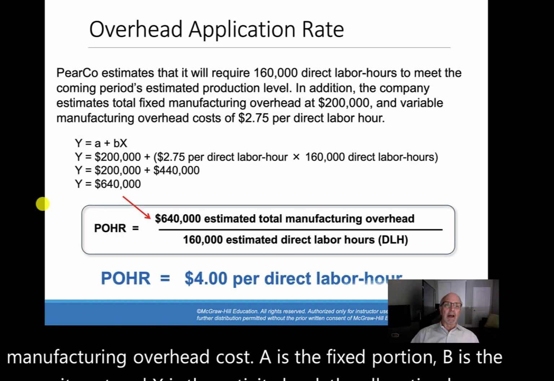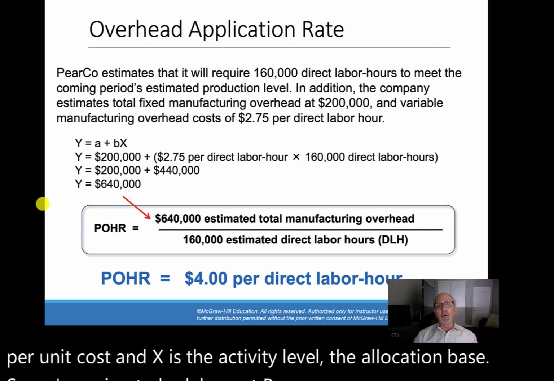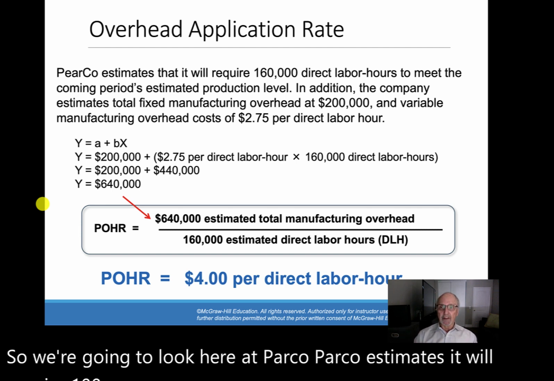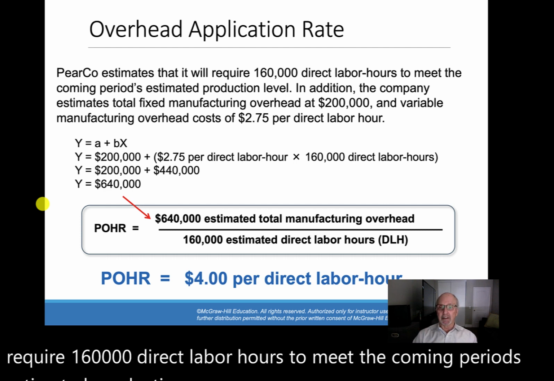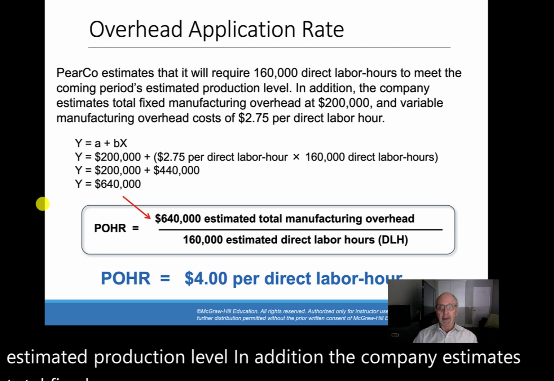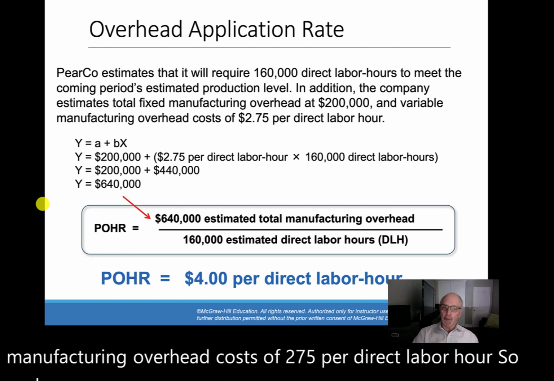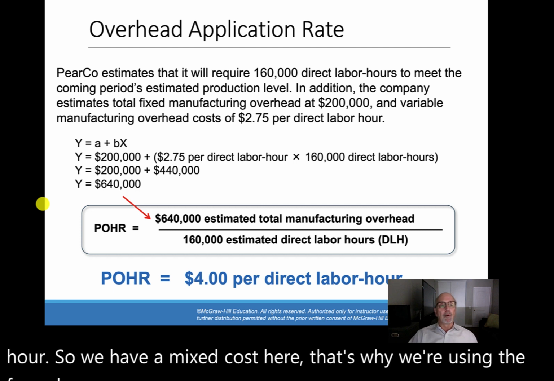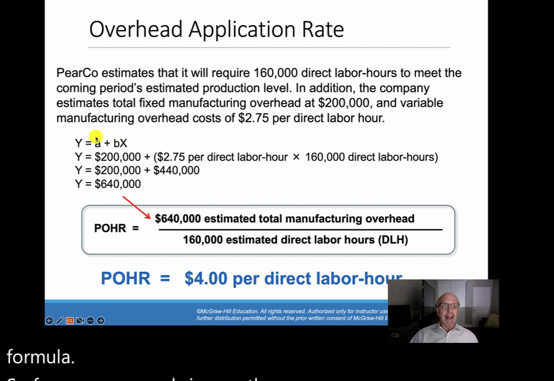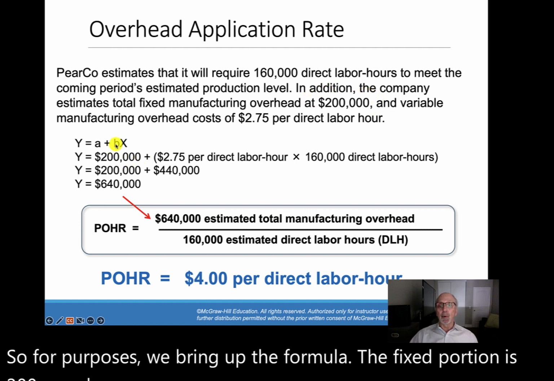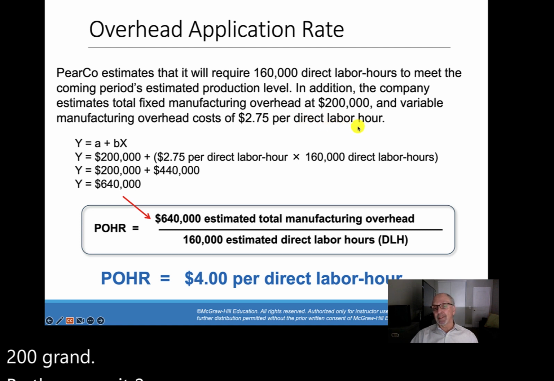So we're going to look here at PAIRCO. PAIRCO estimates it will require 160,000 direct labor hours to meet the coming period's estimated production level. In addition, the company estimates total fixed manufacturing overhead at 200 and variable manufacturing overhead costs of 275 per direct labor hour. So we have a mixed cost here. That's why we're using the formula. So for purposes, we bring up the formula. A, the fixed portion is 200 grand. B, the per unit, 275 per direct labor hour,